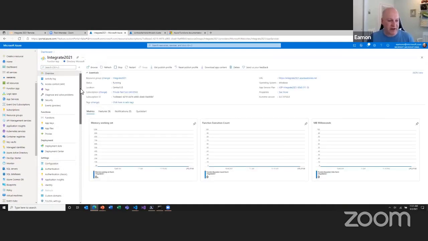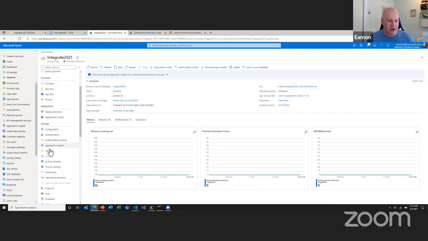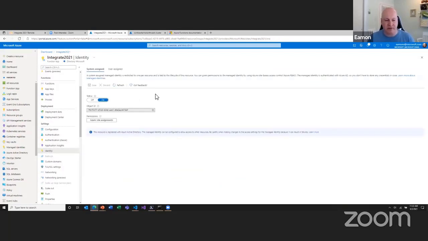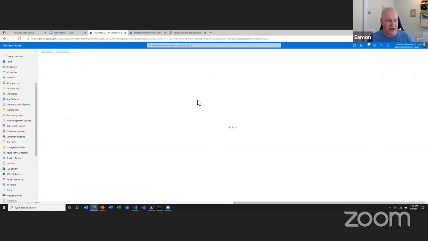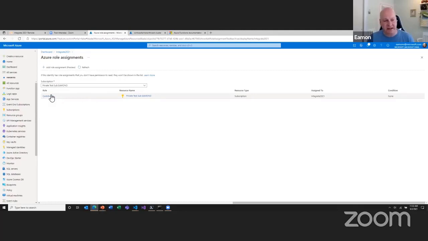And the other thing I took advantage of was identity. So if you aren't familiar, we added support for managed identity during the year, and managed identity solves multiple purposes. One, it gives your function app its own identity, so it can now access other resources. And so once you enable that, I went to add role assignments, and you'll see that I actually granted this function app access as a contributor on my subscription. And so what this allows this function app to do now is to take actions across my subscription when events happen inside the system. This could be monitoring events, could be access to any resources that are needed inside of there.